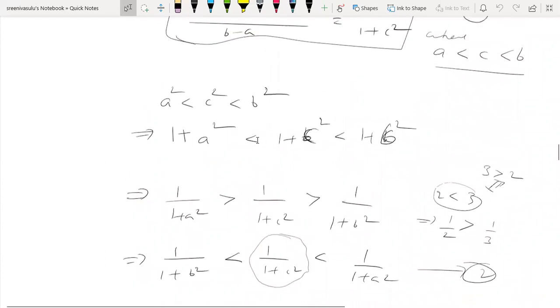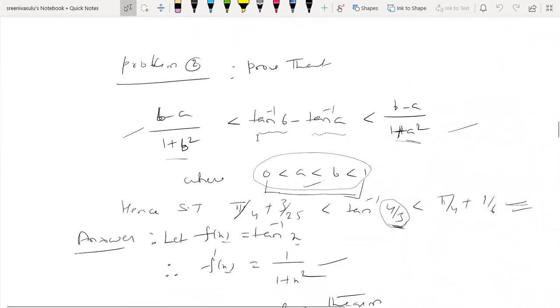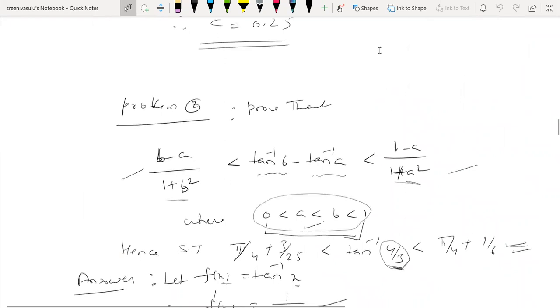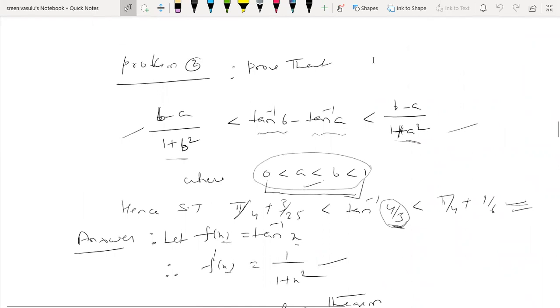So, second problem based on Lagrange's mean value theorem. This is a somewhat tricky problem compared with the previous problem. See the problem. Prove that